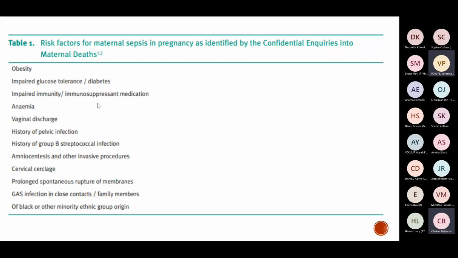Can I just ask about the GBS one? Because when women are known GBS, when we're counselling them about antibiotics, it doesn't seem to be uniform that people are counselling them about antibiotics to reduce the maternal infection. It's normally about the babies. That's very true. Surely it's normal commensal. Surely it's a fetal risk, but not a maternal risk. I guess this probably goes hand in hand with a prolonged SROM. I'm guessing, because you're right, on its own, why should it cause an infection? But then if you've got a prolonged SROM, maybe it's the reversed effects of chorioamnionitis or something. I'm not quite sure on that front.